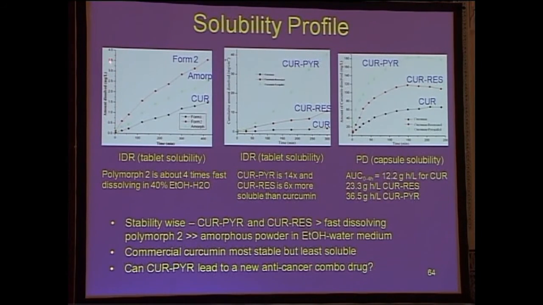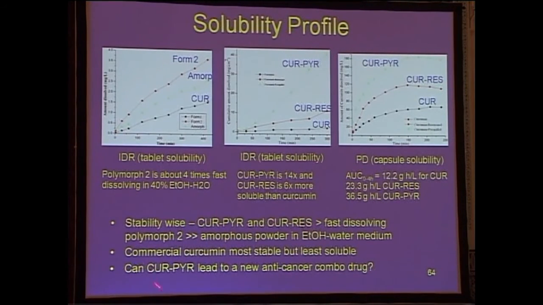Now, this improvement or enhancement is about 4 times to the reference curcumin, whereas with pyrogallol and resorcinol, this line is somewhat light, but you can see the trace. It goes to about 40 on the y-axis. So, from an enhancement of about 4 for the polymorph of curcumin, we saw an enhancement about 40 times to the reference drug for curcumin and pyrogallol. Stability-wise, they are quite stable, both resorcinol and pyrogallol cocrystals of curcumin. And the enhancement is 40 times, which is good, but really not great enough to move forward in a long-term sense.